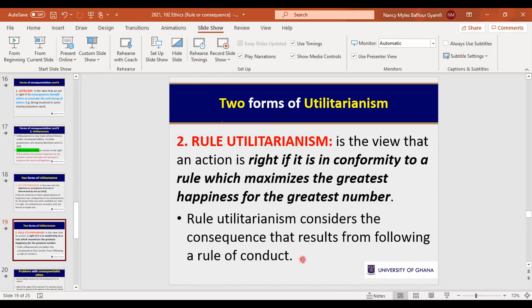You told the truth, and that is why 99 people were saved and only one person died. You spoke the truth. So the rule utilitarian will emphasize the rule that grounded the action, not just the act of throwing someone, but why did you throw that person out? The rule. What moral code were you applying?